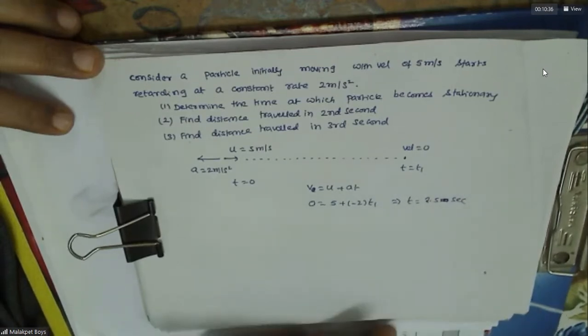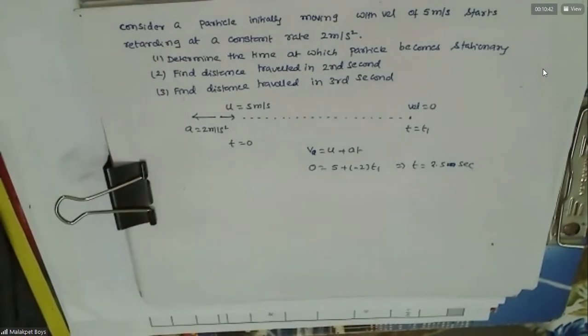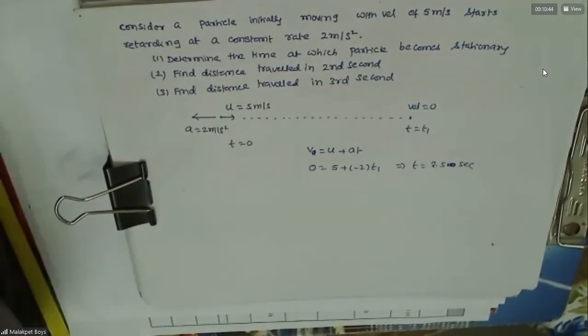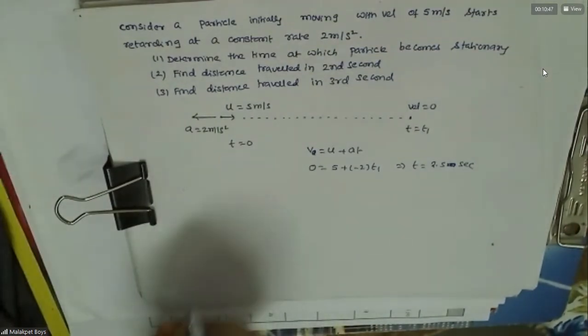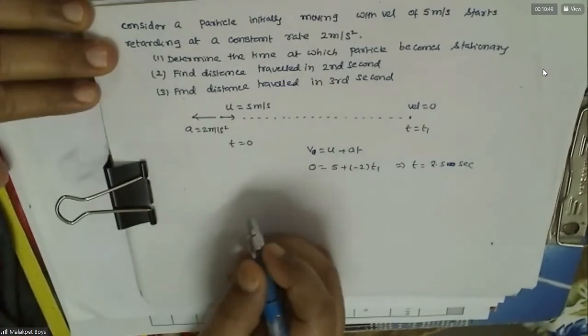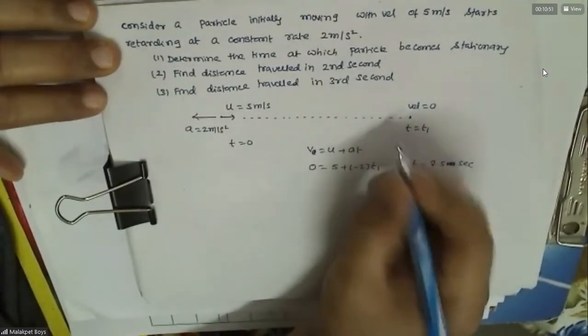So at t equals 2.5 seconds, the particle becomes stationary. Understood this? Yeah. Second means